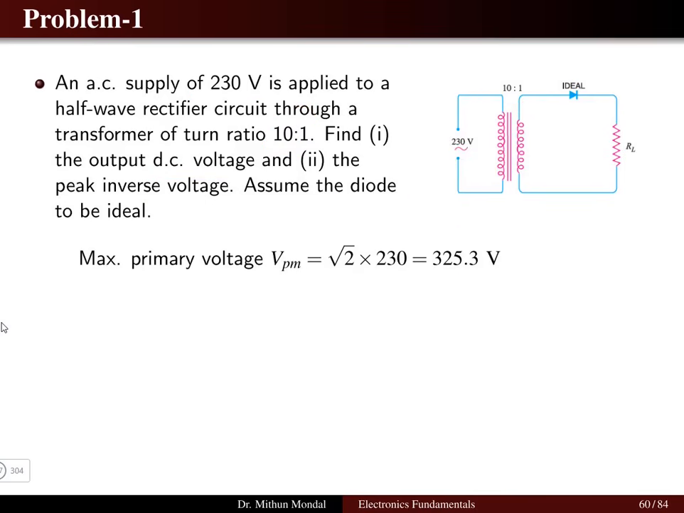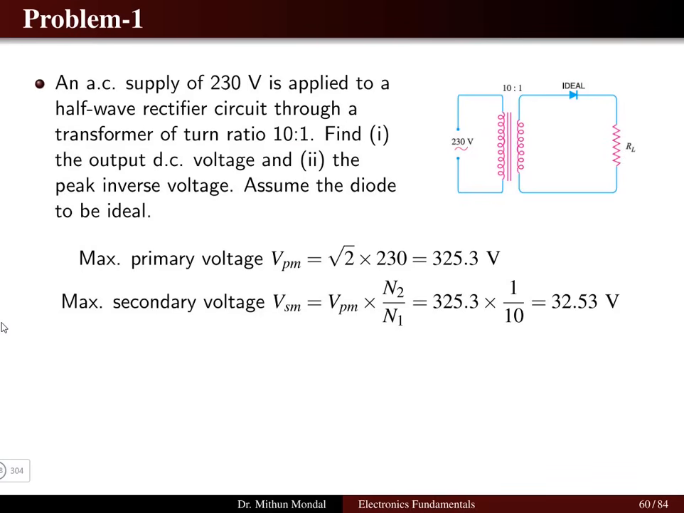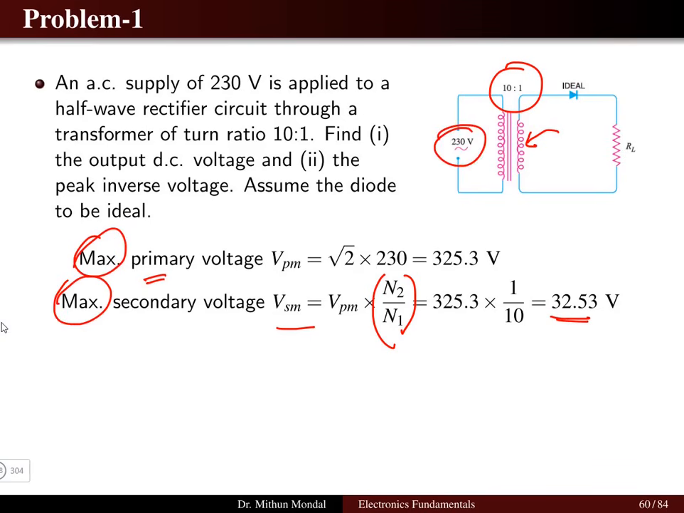So here we are having 230 volt. So the maximum voltage is 230 root 2, that is 325.3 in the primary of the transformer, and the secondary of the transformer we can get from the transformation ratio N2/N1, and here in the secondary side we will get the voltage 32.53. Note here, this we are calculating from the maximum side. We can calculate this directly from 230 volt because we know the relationship V2/V1 is equal to N2/N1. So directly we can